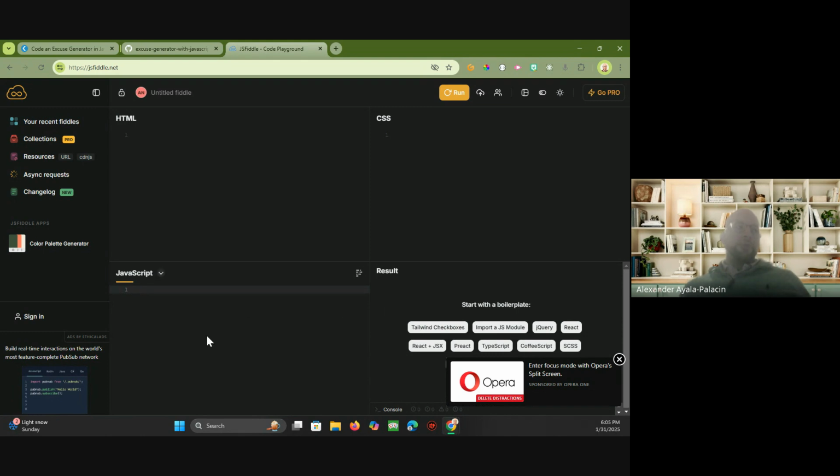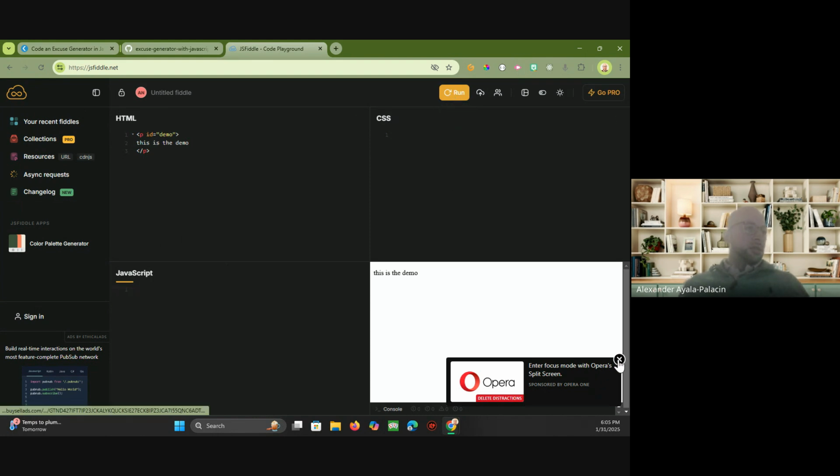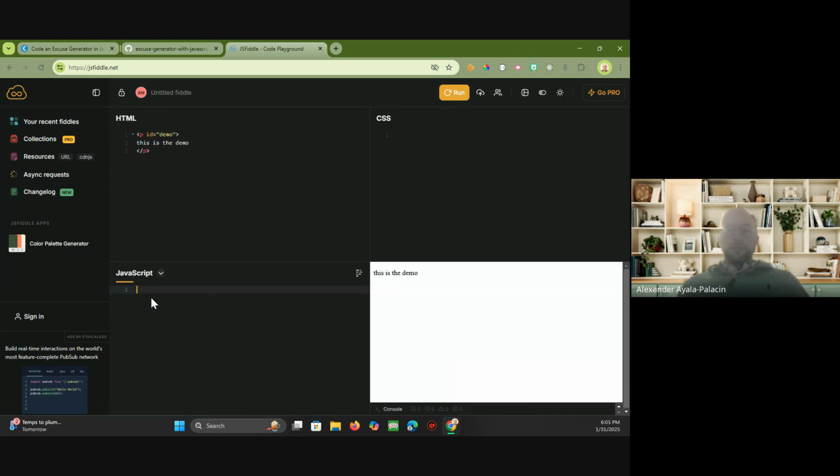And so I wanted to talk briefly about how the JavaScript can talk with the HTML. So let's say I have a paragraph and I give it an ID of... sure, demo. I'll take the bait. Let's do demo. Okay, this is the demo. Cool. So if I run that, there it is. This is the demo. So in JavaScript,